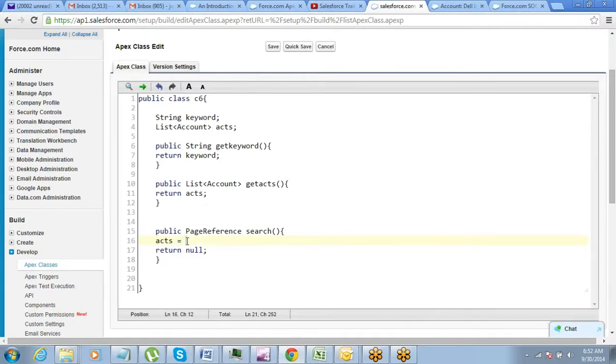So the SOSL query for this will be list of account, then you will say find.